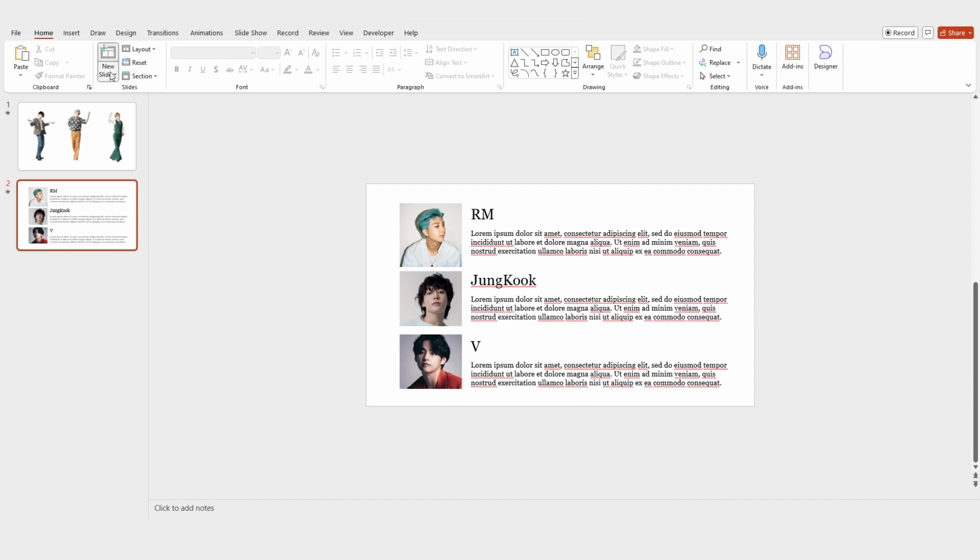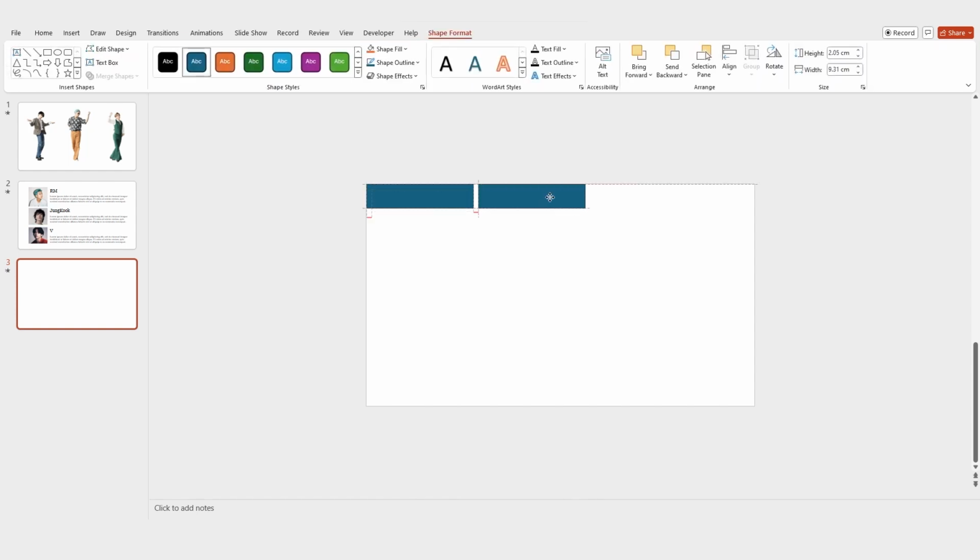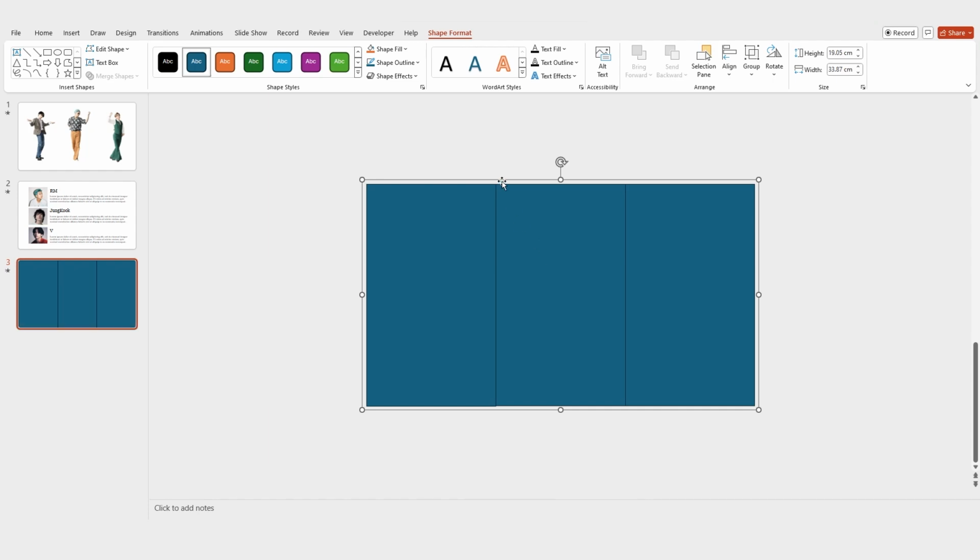Let's insert a new slide and create 3 equal rectangles. Start by creating a rectangle, then duplicate it 2 more times. Select them all and press Ctrl-G to group. Stretch them to the edge of the slide, and now that they're all equal, drag them down to the bottom